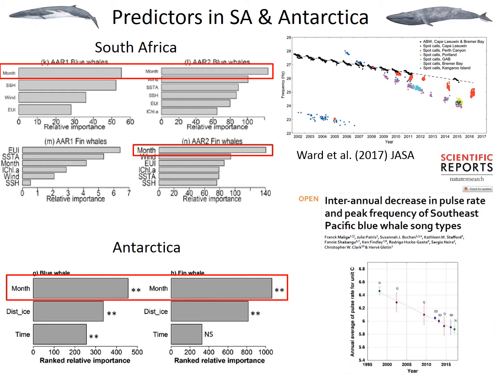And it's not only blue whales that have changed their acoustic behavior over time. We've seen it in the Pacific Ocean as well, right? The Southeast Pacific blue whale is also decreasing with time. This is a recent study which was published this year, where we found that the pulse rate for one of the units of its call decreases over time. So it's important for us to continue to monitor these environmental conditions, and also the whale occurrences, for us to know why they are changing their behavior and why they are changing their occurrences over time.